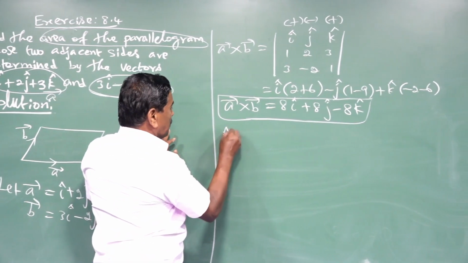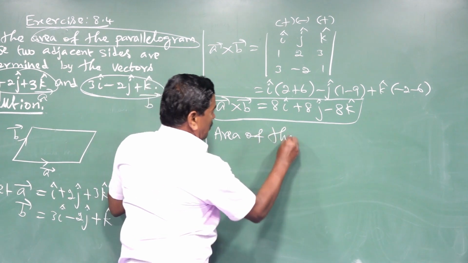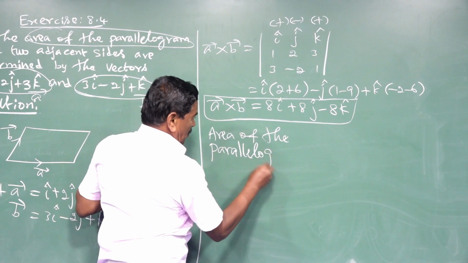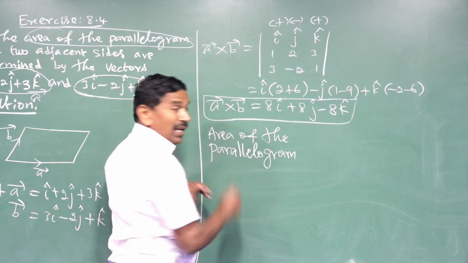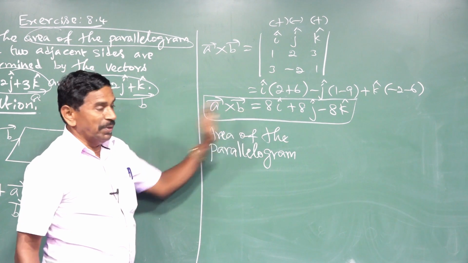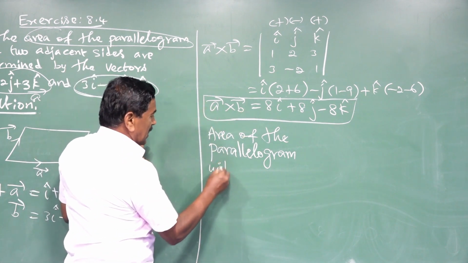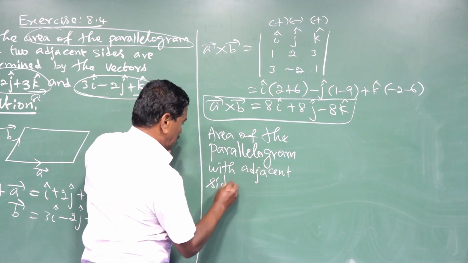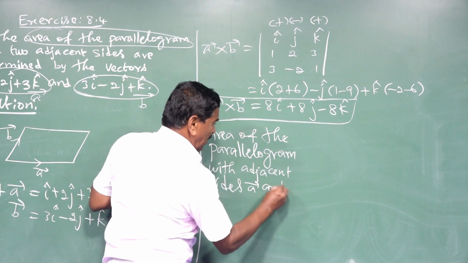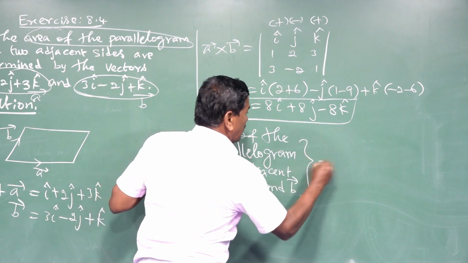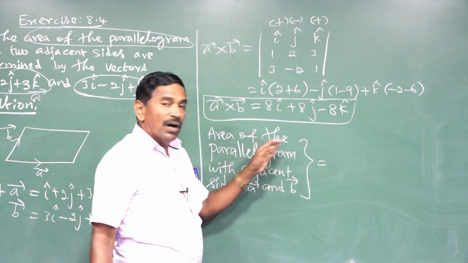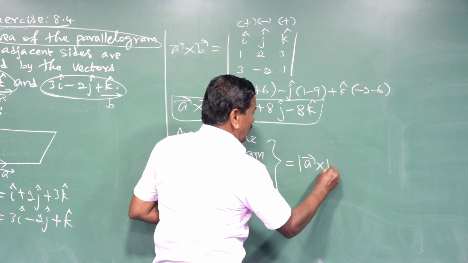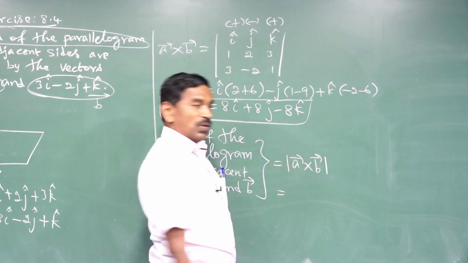Listen, area of the parallelogram with adjacent sides A vector and B vector is given by the formula. Can you tell me the formula? Good. Modulus A vector cross B vector. That's all, which is equal to